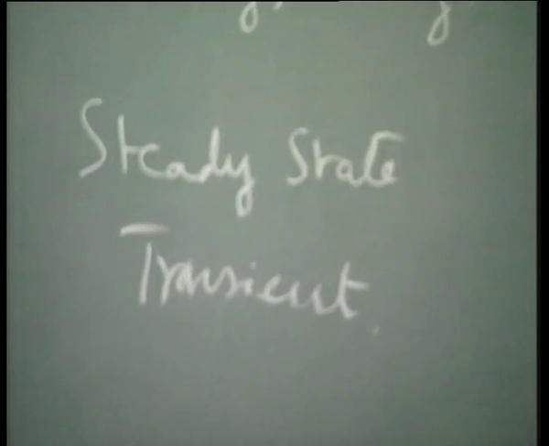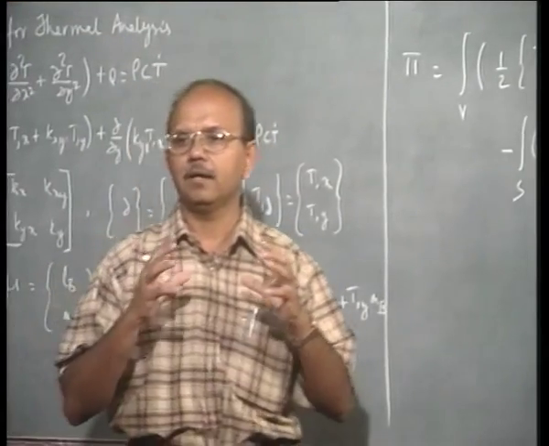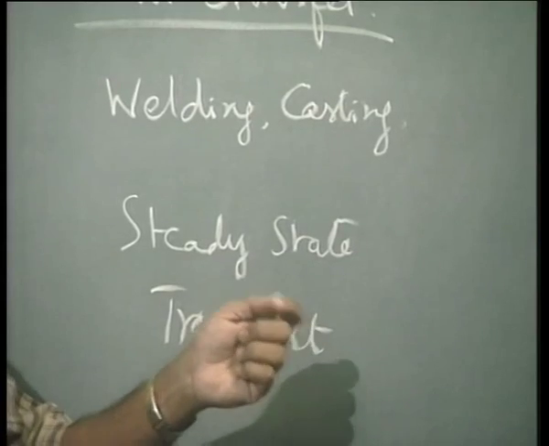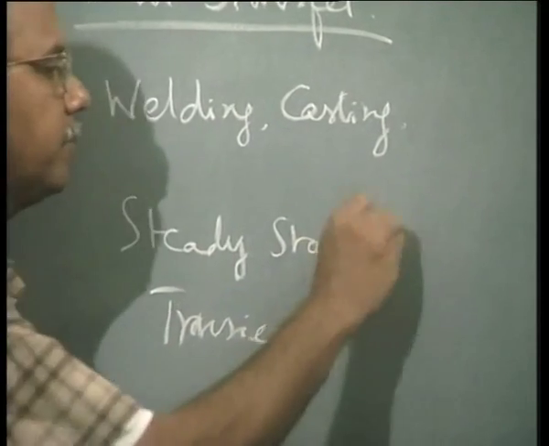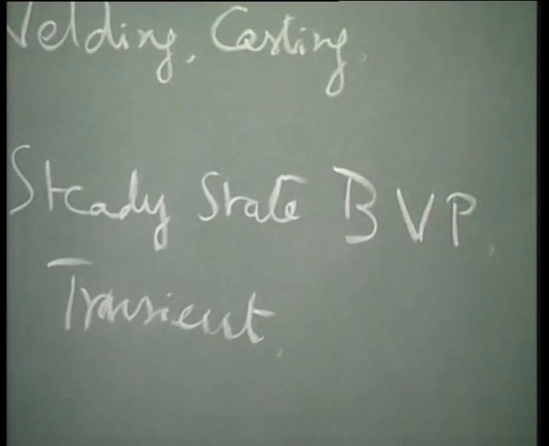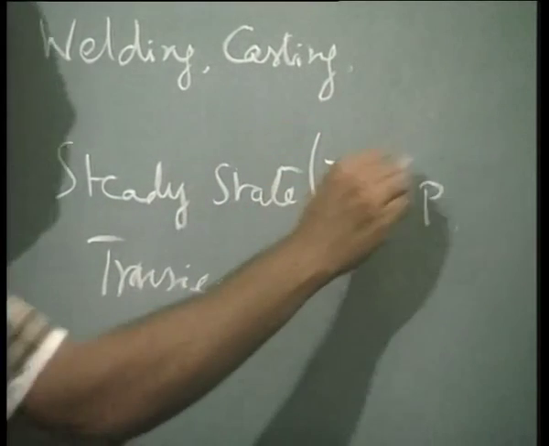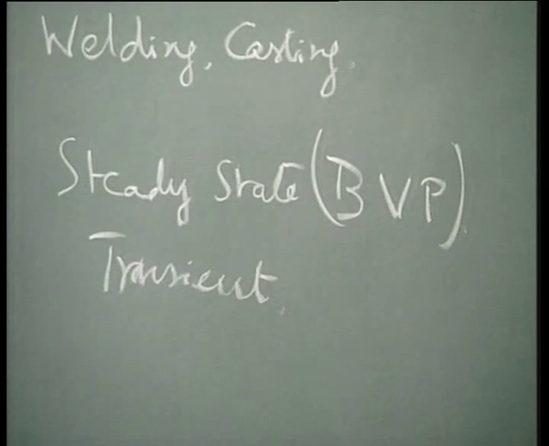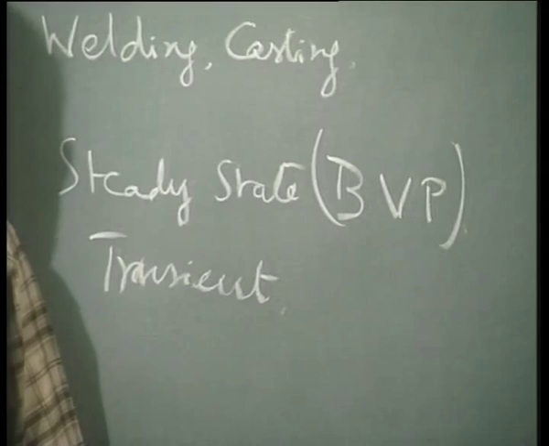It's important that there are two things. The steady state heat transfer, as I told you before, is governed by elliptic partial differential equations. They are called boundary value problems, BVP. In other words, what this requires is the boundary values, the values of temperature or flux or whatever it is, that we are discussing now, that has to be given at the boundary, and these problems are called boundary value problems.